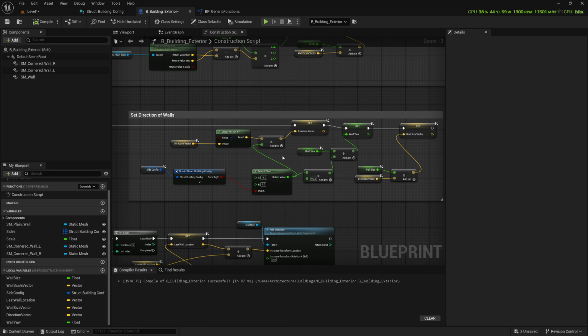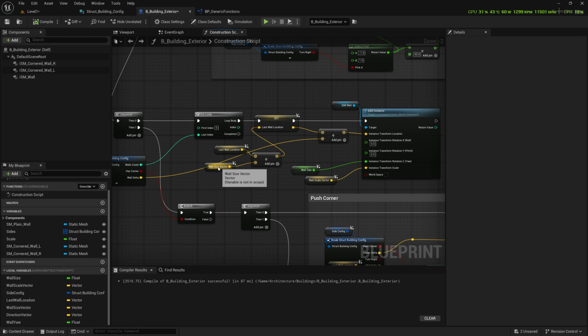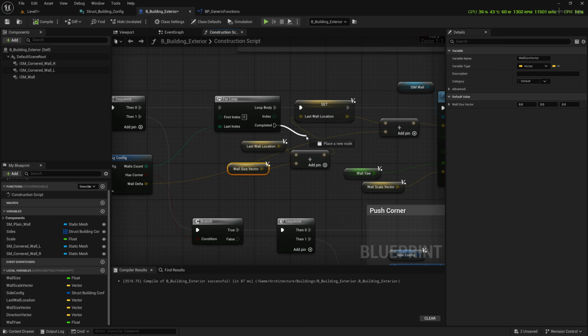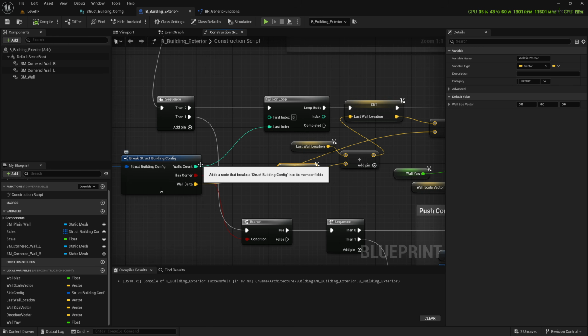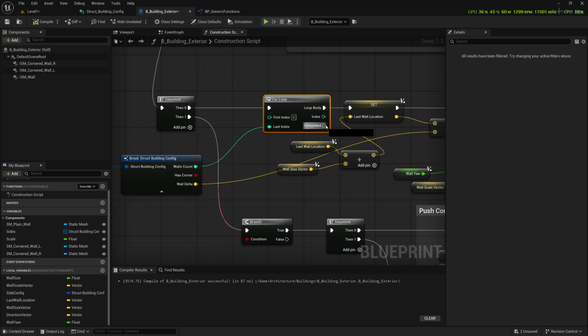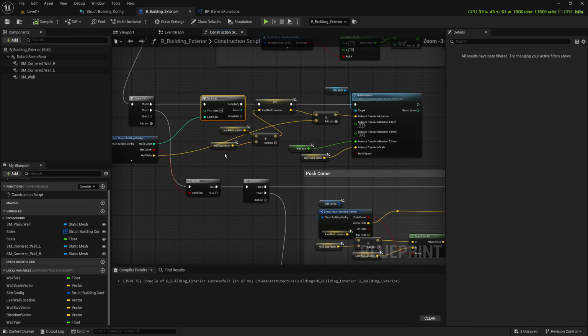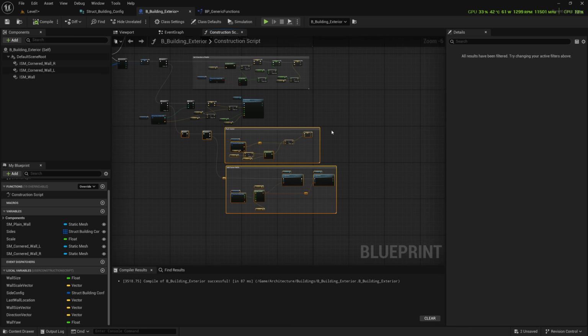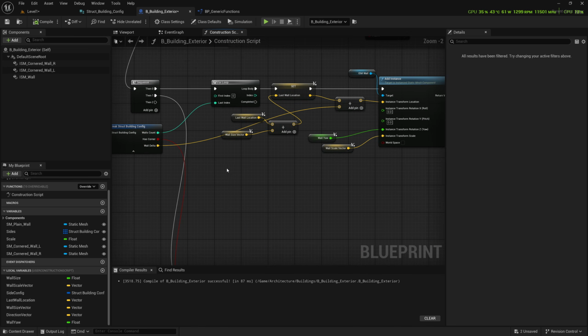So once my side is completed, add size vector into last location again, and do not connect it to completed pin because it has to be done anyway. If you attach it to completed pin, then let's say you do not want any walls, then this will not run. So this will not fire. So we will create another pin in the sequence node, and let's drag them down, and I will duplicate this